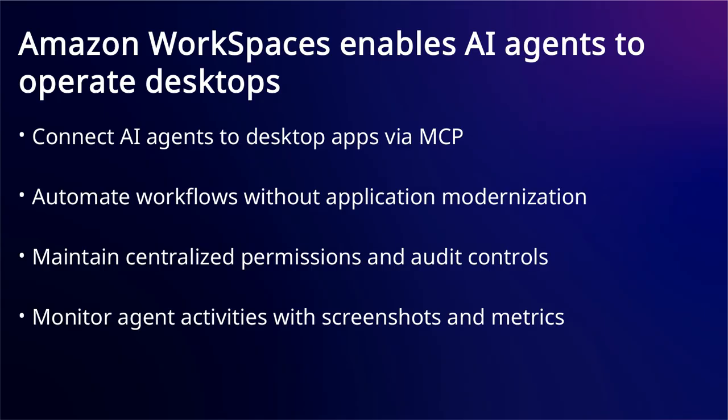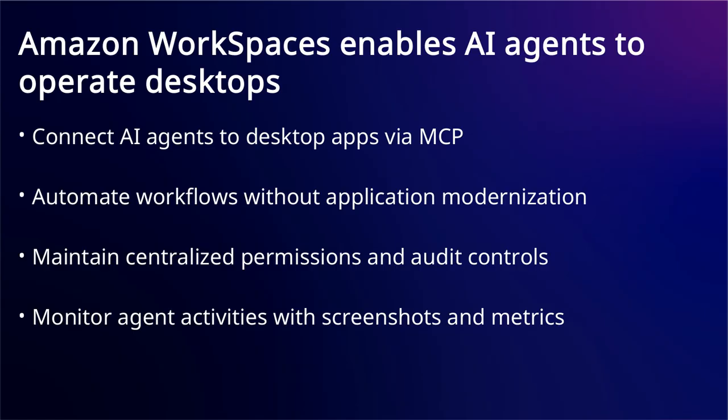Your agents can point, click, and navigate desktop applications just like humans, automating workflows across claims processing, trade settlement, and back-office operations without requiring application modernization. You maintain centralized permissions, logging, and auditing controls identical to human WorkSpaces environments. Enterprise observability features including screenshots and metrics provide full visibility into agent activities. With pay-as-you-go pricing and elastic scale, you reduce IT overhead while automating processes across financial services, healthcare, and other regulated